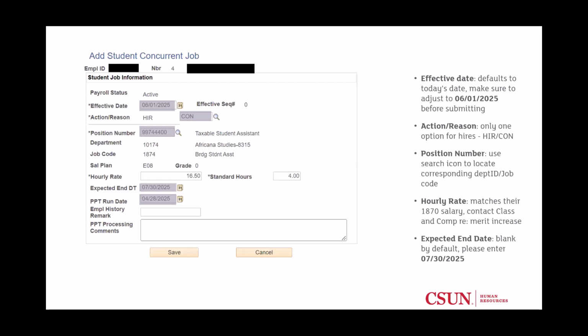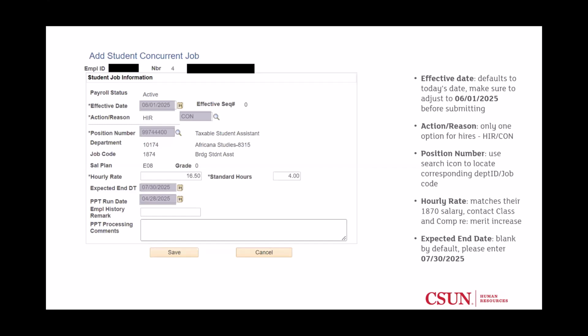But yes, what needs to be adjusted? Yes, the hourly rate. For this 1874 transition, their rate should match their 1870 salary. This question has come up: I want to pay my student a little bit higher because they're being taxed, so I want to offset the difference.